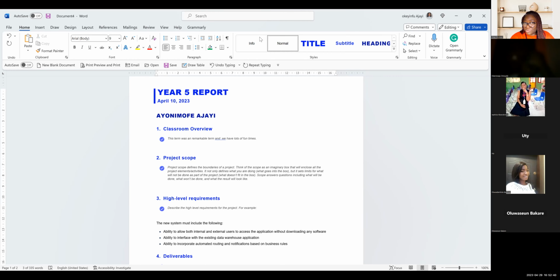And don't think too much. Just use synonyms. Now, because I have Grammarly on my phone and on my laptop, it is already editing it for me. Can you see that this term was an unremarkable term? It has changed it for me too. It was a remarkable term, and I simply change it. What it is telling me here now is I've added a space where I shouldn't have. And I change it. All these things are AI tools, right?